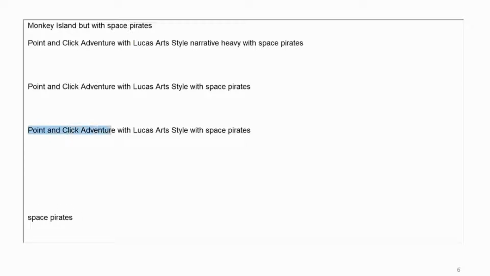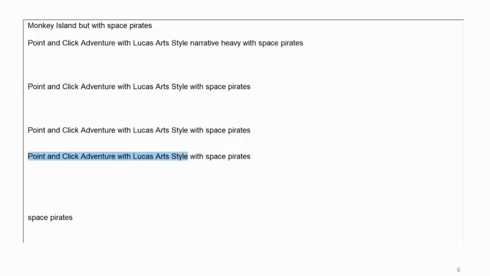And the point and click adventure with LucasArts style, I would really point out what this is here. Because, like I said, I'm doing the Space Pirates at the beginning, this part is already included at this point. So basically what I need to do is make the point and click adventure with LucasArts. I make the smaller step.